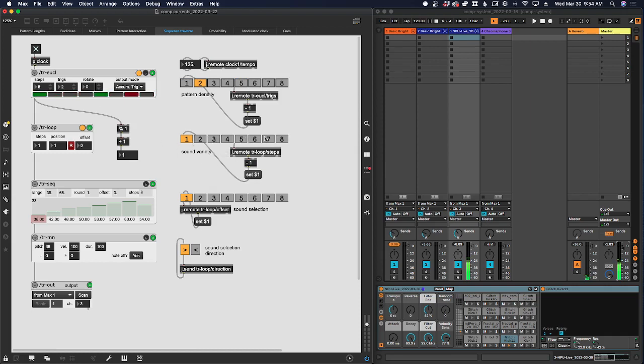If I change the length of this loop, it will allow me to count from 1 to some other number. So let's say 2. So now it's changing back and forth between these two sounds. If I go to 3,